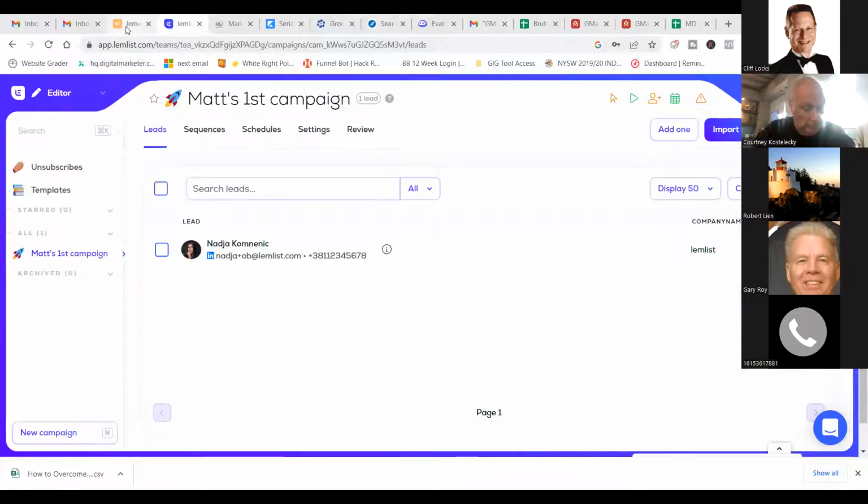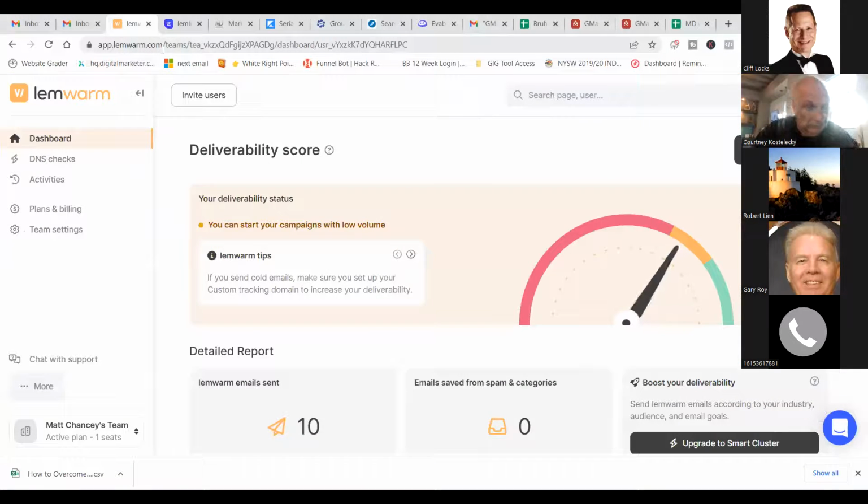Something else I'm experimenting with right now is another Chrome extension that automatically warms up your new Gmail account. So you don't have to manually copy and paste and send manual emails to warm it up. I've only been running it for 24 hours. I literally just found it, so I can't speak to its efficacy. It is called LemWarm, LEM-warm.com. It's made by the people who make LemPod for LinkedIn and LemList.